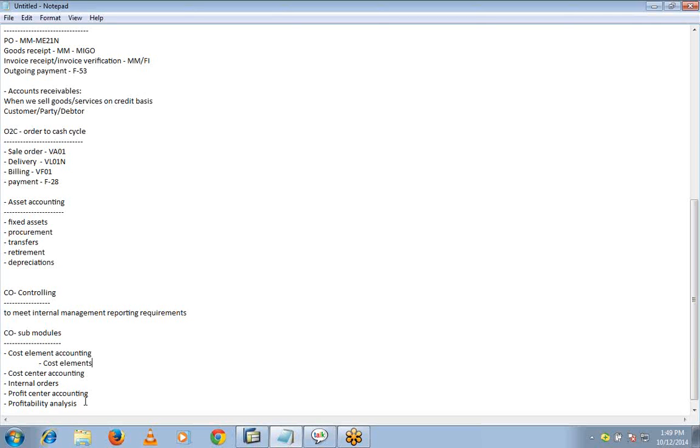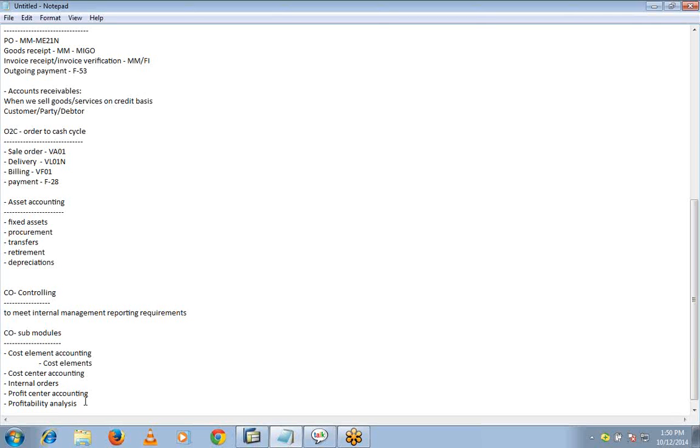I repeat, assume that I created a raw material general ledger account on the FI side. So I am going to create the same raw material GL account as a cost element in the controlling module. Otherwise, I cannot. Sorry to interrupt you. Who is going to do that? Because the GL account is a finance thing, the finance analyst is going to do that. So he's going to provide the same information to cost element accounting, or he's going to do the same, because he is the person who knows what he has created in the GL account.